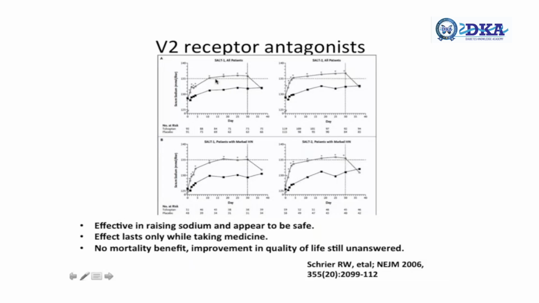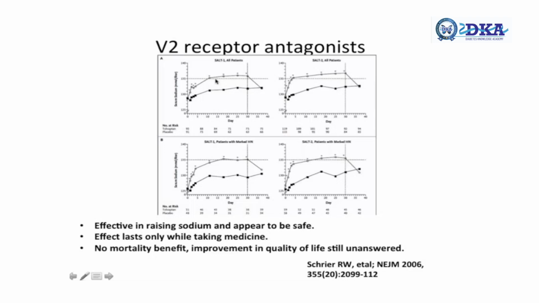A few words about V2 receptor antagonists. One of the things which I commonly see in practice is a lot of patients are put on tolvaptan for every hyponatremia which people encounter. This is not right. V2 receptor antagonists are particularly useful in only two situations: hypervolemic hyponatremia as in cardiac failure